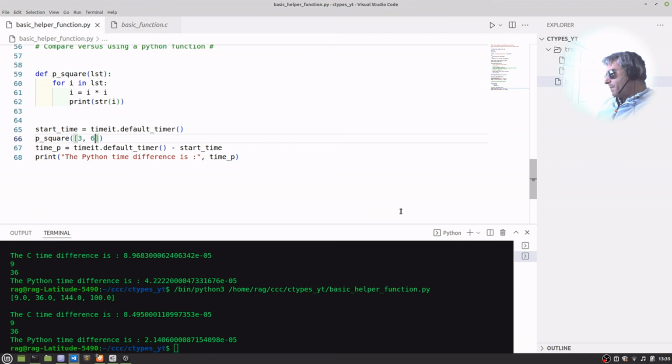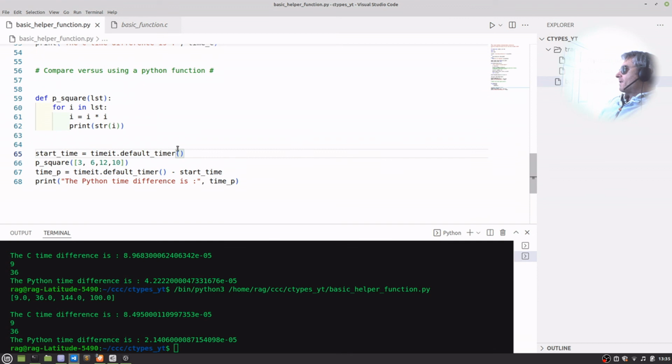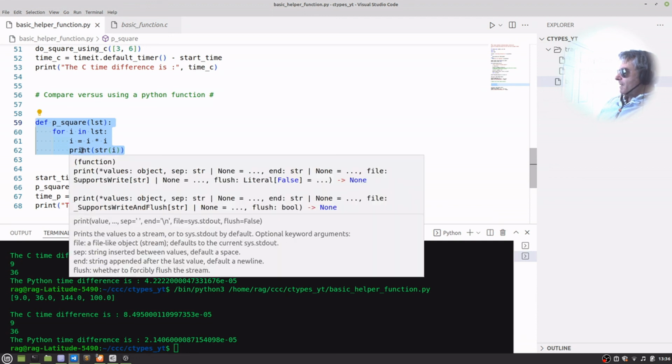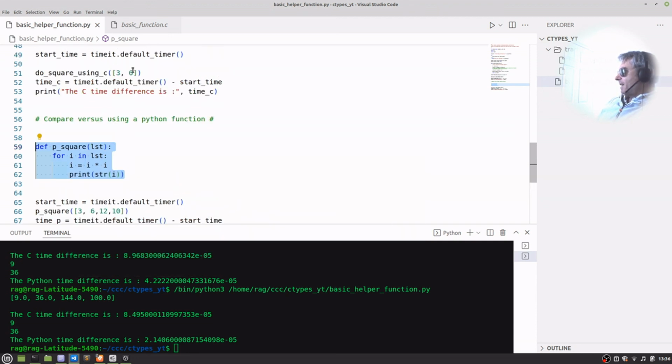I'm doing less numbers with that, which has me confused. Why was the Python running quicker? So 12 and 10. No wonder it was running quicker. It was only doing half as much work. Right, so I've just written a little function here which iterates through each of those values and squares them. There's probably a more elegant way of doing that, or even a list comprehension, probably be quicker, but just for demonstration purposes, I just want to show the difference between doing that function in Python and running the